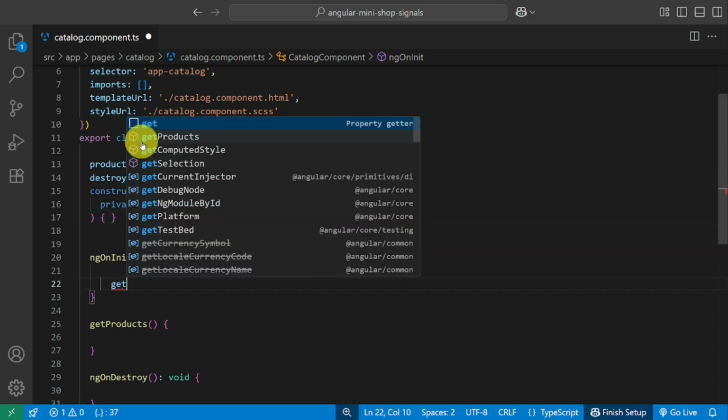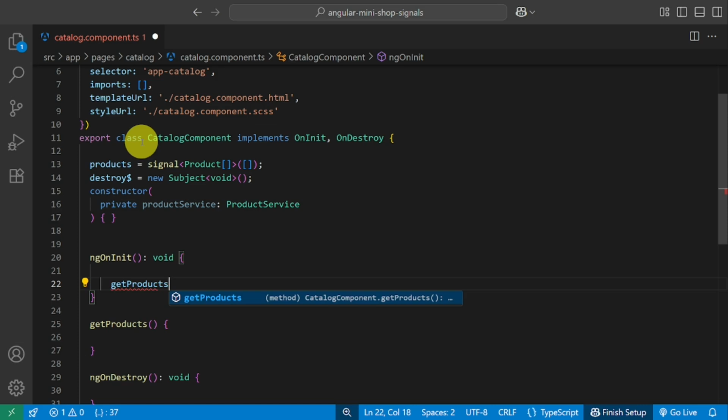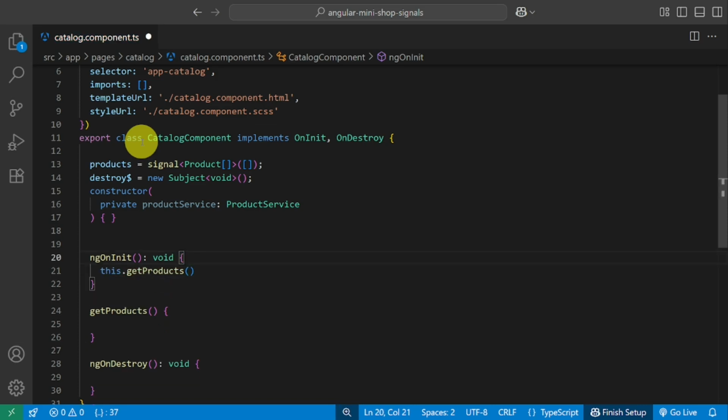Now in ngOnInit, we call getProducts to fetch some fake product data.